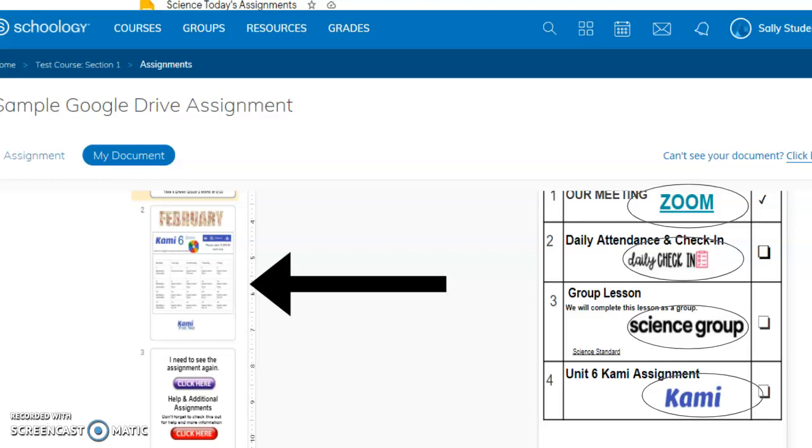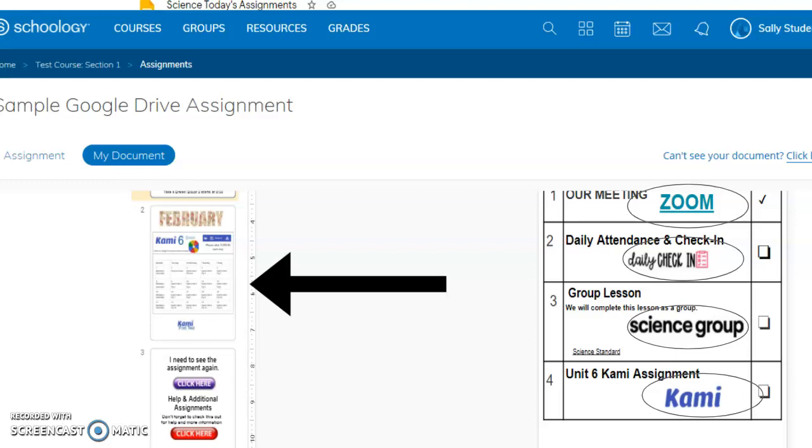When you go to the left-hand side, you'll see there are multiple pages within the schedule. Everything you need primarily is on that very first page. The second page is all the Cami assignments, what page numbers we're doing, so if you're absent, you can access everything. Where it says Cami 6, that's a hyperlink, so when you see pictures, it'll tell you, click here,